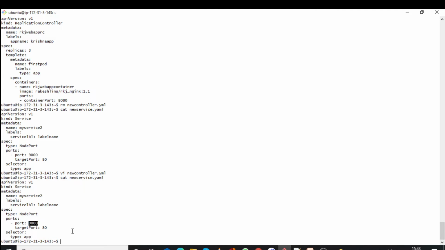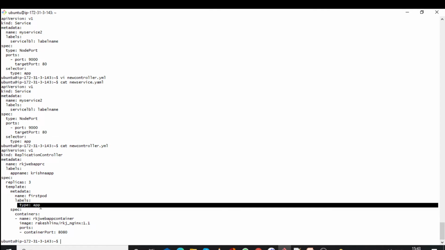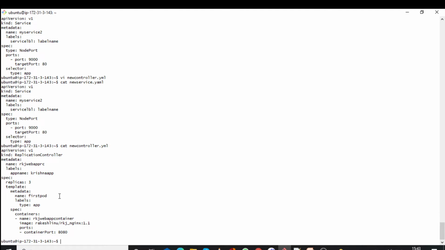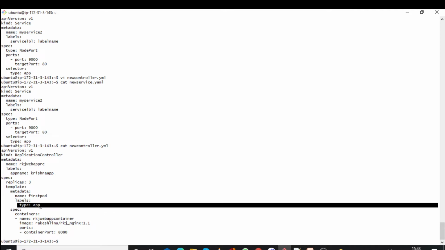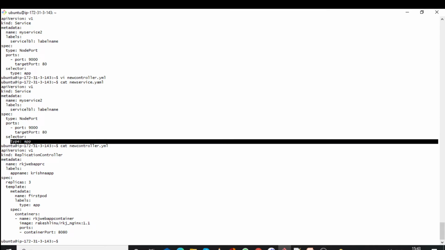You can see in the file, in the controller YML file, we have a label called app. Okay, so this replication controller will be identified by the service due to this only. Here type is equal to app, here also type equal to app, we have mentioned in the service. Okay,